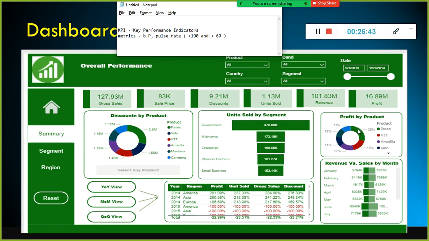Last month we sold this many number of units, or this many number of products. This month also, did we sell on par with last month? If it is less, then it is cause for the concern. If it is more, okay. If it is less, what action plan can we come up with? How do we promote? And first of all, before you come up with the action plan, you need to find out the root cause. Why the profitability is not good, though the discount we have given is more compared to VTT? So you need to take a deep dive and see why.